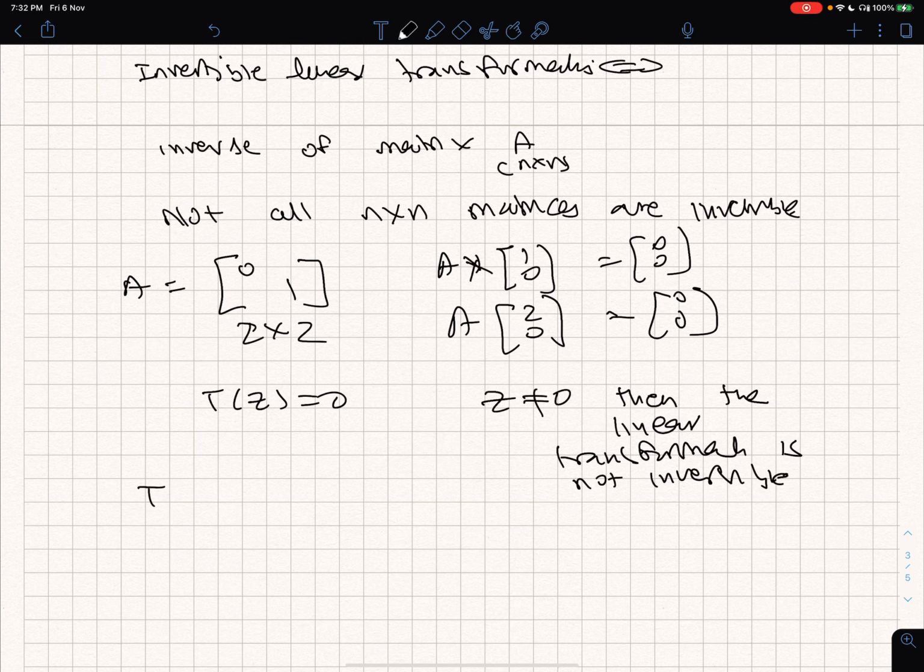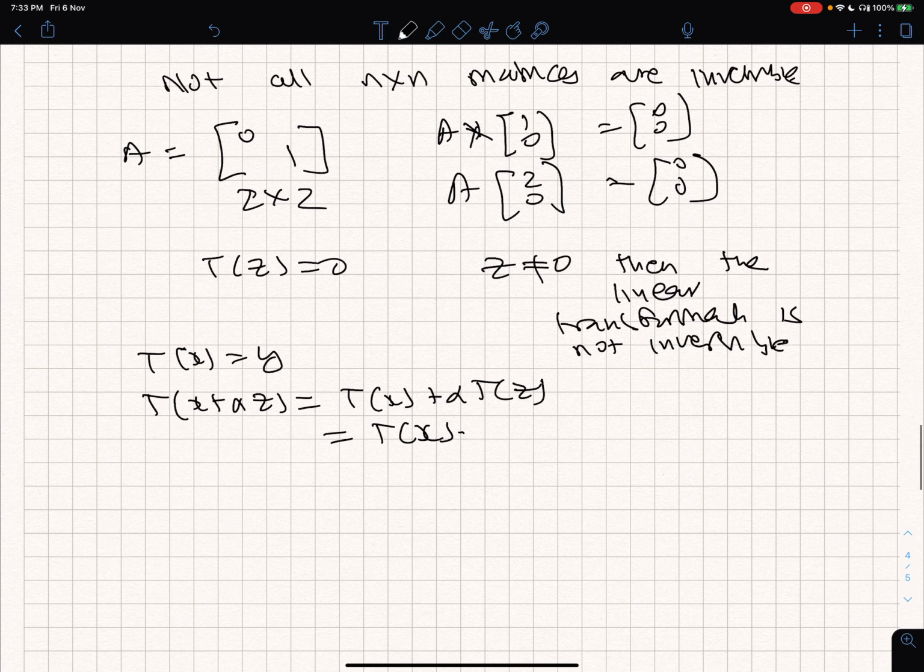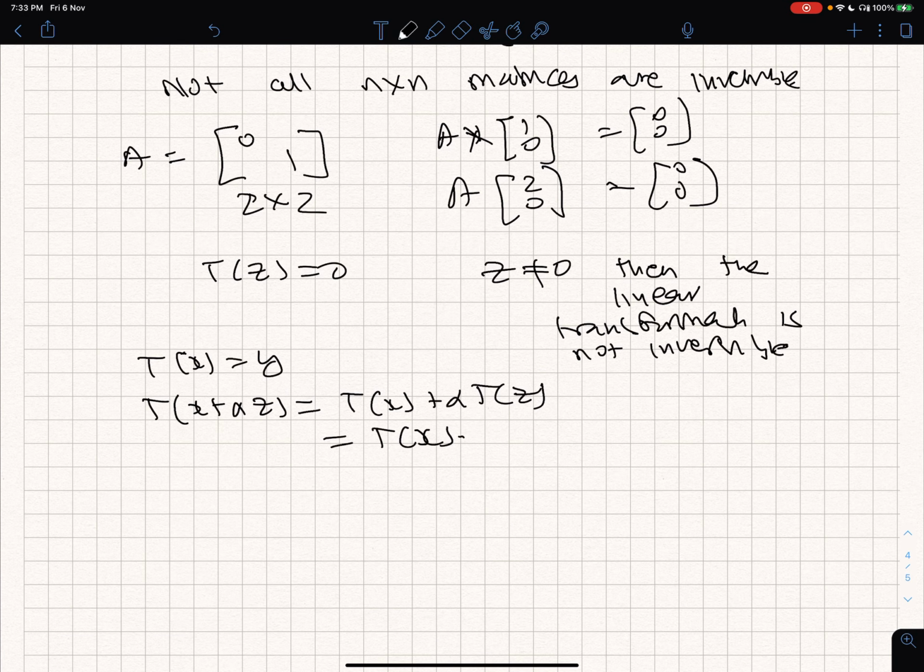Why? Because if Tx is equal to y, then T of x plus any alpha z, if it is a linear transformation, is equal to T of x, and so you have a many to one mapping. So you have many vectors mapping to this particular vector T of x,